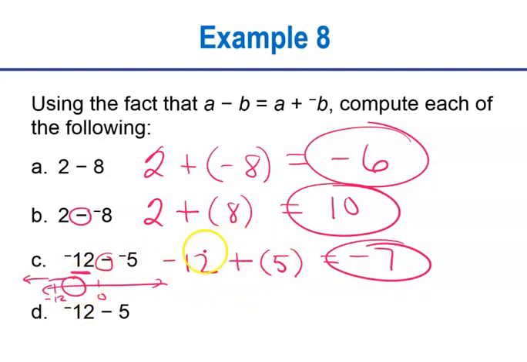Now if we do this, this is negative 12 plus 5. That's going to be the negative 7 area. Okay, try them both with that number line that you have on the floor. And then the last one,